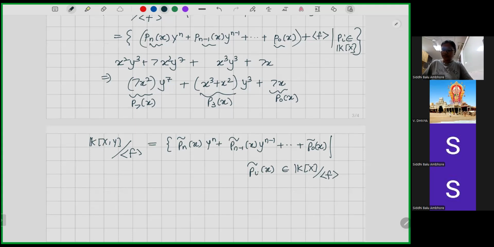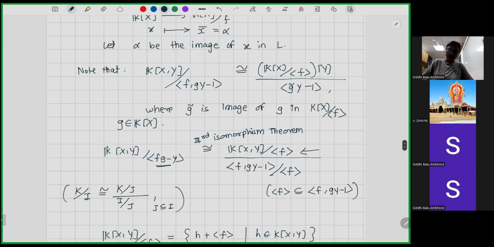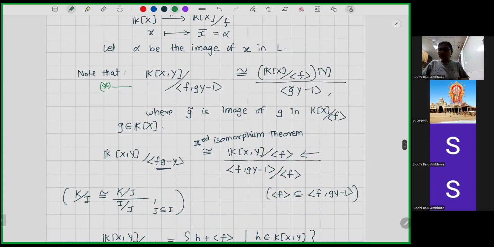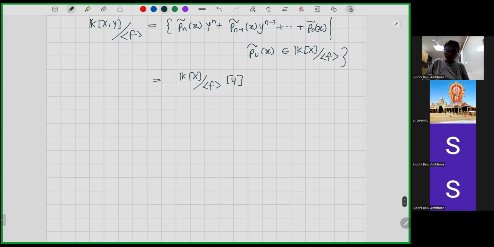Okay, this is my field L, which I had defined. So this becomes what? This is K[x] quotiented by f, into y. Okay, that's why we wrote it here. If I mark this as some star, that's what I had written here in the top part. And when we are taking the quotient by this g̃(y), it is this term right here. So when I do this, g has some image under this quotient. So we are taking that. So the entire thing becomes